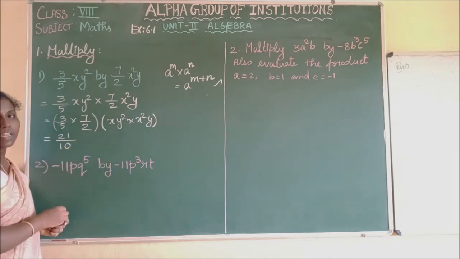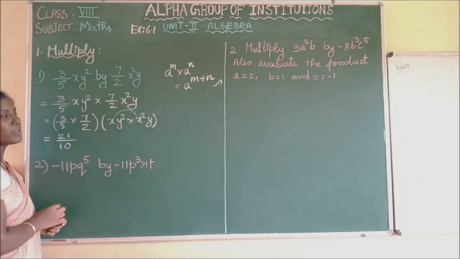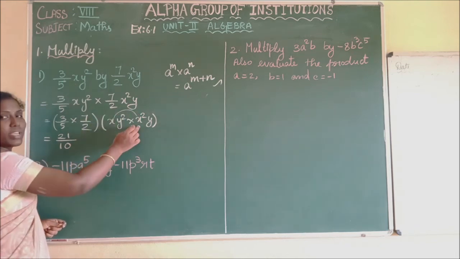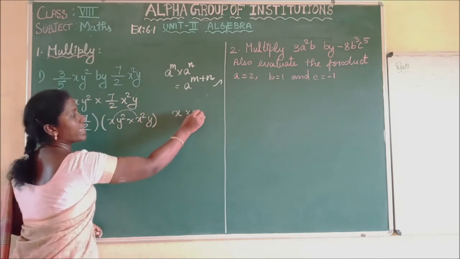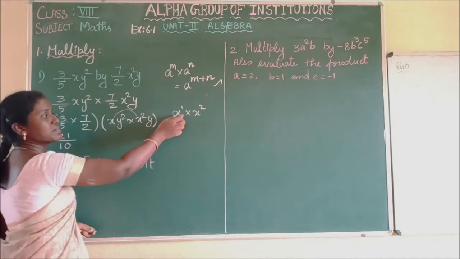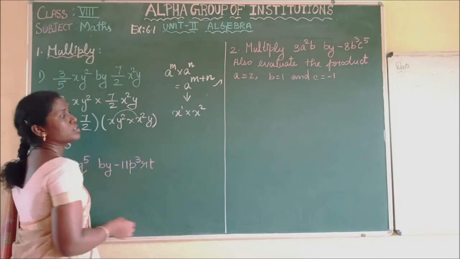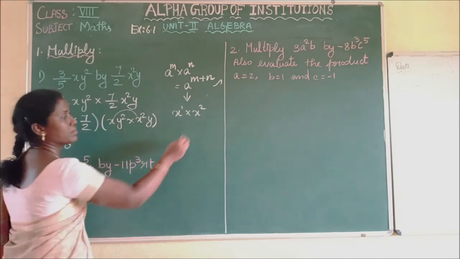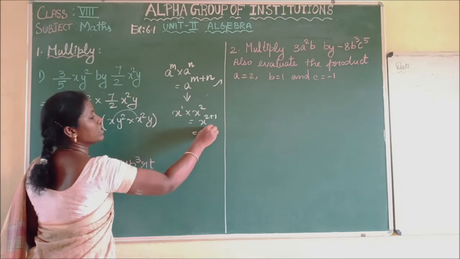We have to multiply the variables now. So if I multiply this, what will be the variable here? x are the same variable. Use this rule. So we are going to multiply x into x square. That means here we have to take the power 1, simply x, the power is represented as 1. So use the rule, then only you can get the product. That means the value is x power 2 plus 1, that is x power 3.